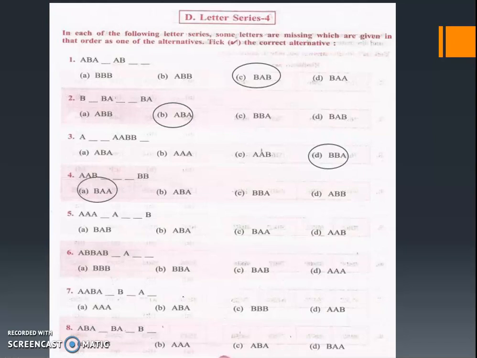So the same letter comes in a continuous way, but two letters may be continuous or three letters may be continuous. In that manner, we have to identify the series and answer the questions. See here, triple A came, one letter is missing here, again two letters there. So I can write B over here, then A, again double B. So that answer won't come, right? So what other possibilities are there?